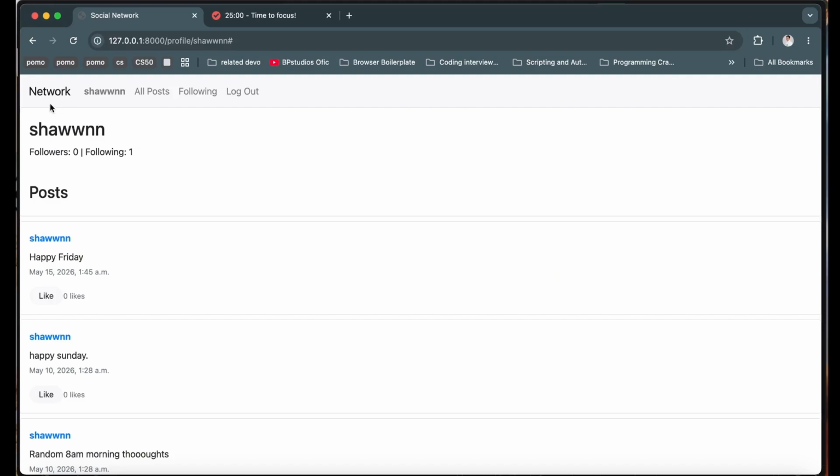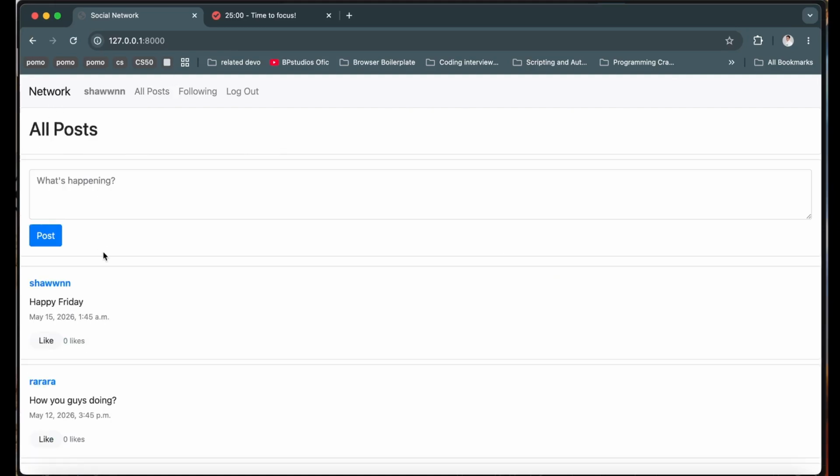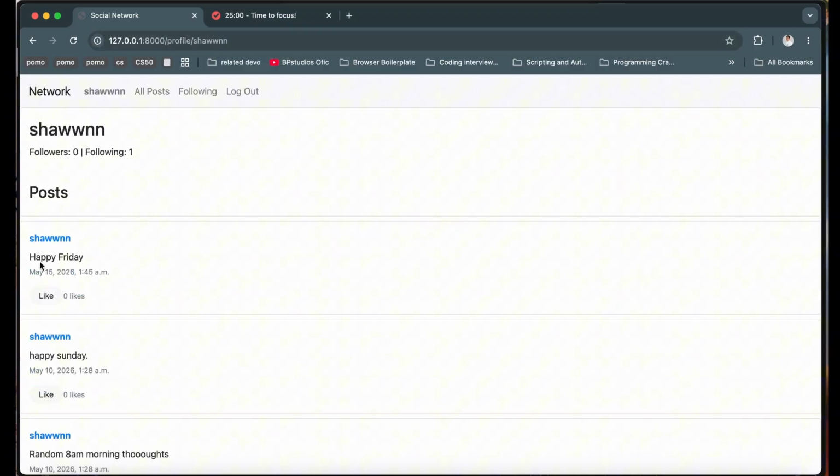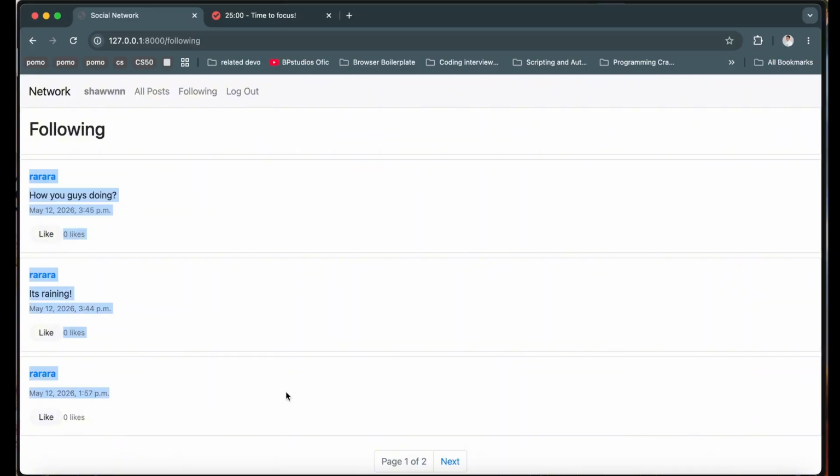So I'm encountering this issue within my project wherein the state of the like button is not updated across different kinds of pages that we have. What we have done so far is we have these three kinds of templates that we render. Inside the index page, we render all kinds of posts, and when you go inside the profile page, you also render different kinds of posts. For the following page, we only show those people that we follow. All of these three have the same postcards that we are rendering.